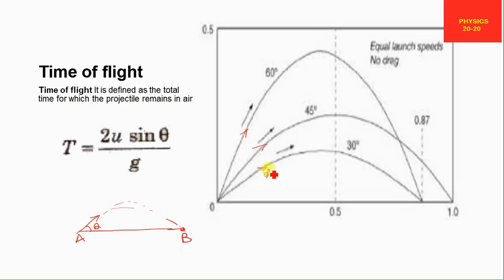Now we consider any path. Here there are three projectile paths. Let us rename them as the A path, the B path, and the C path. The initial velocity of each path is U, but the angles of projection are different: theta 1, theta 2, and theta 3. So in this case, the initial velocities of projection are the same, but the angles of projection are different.